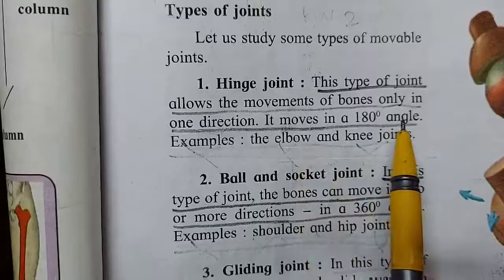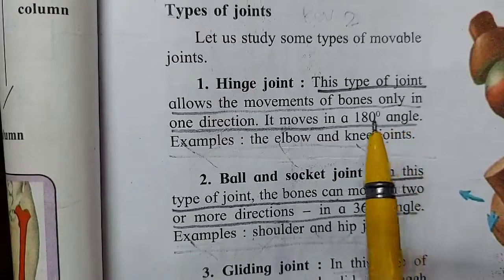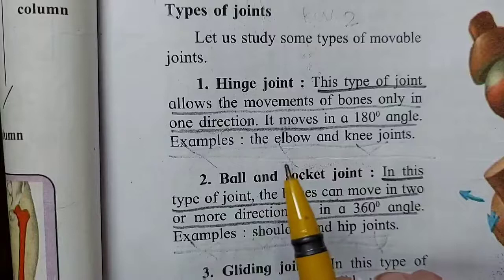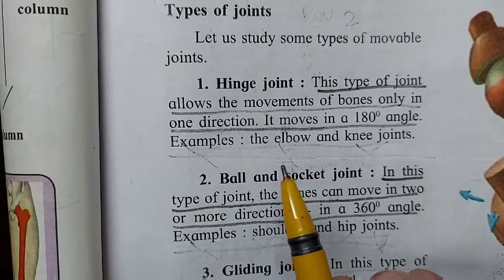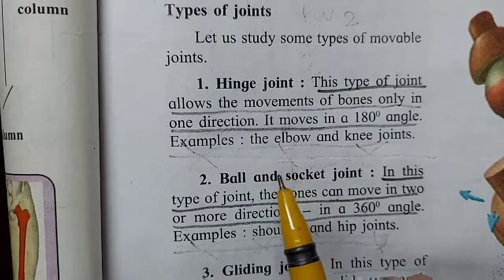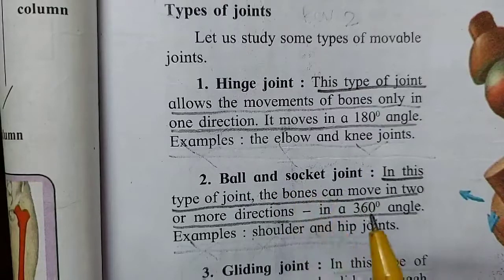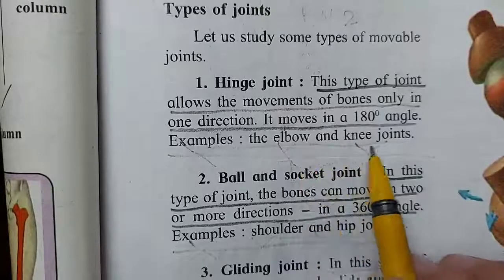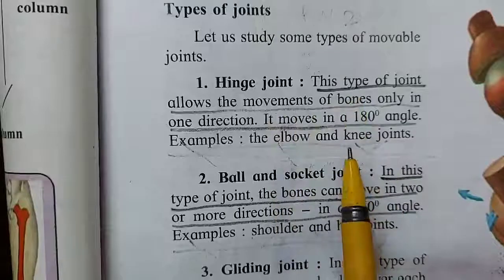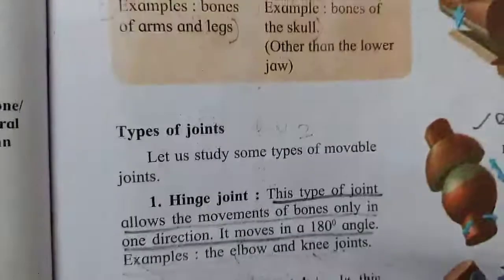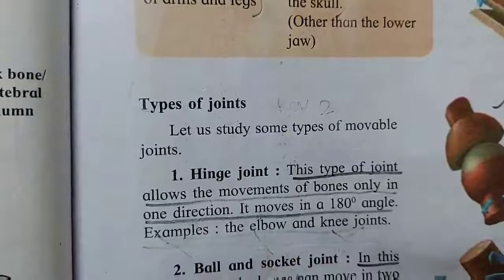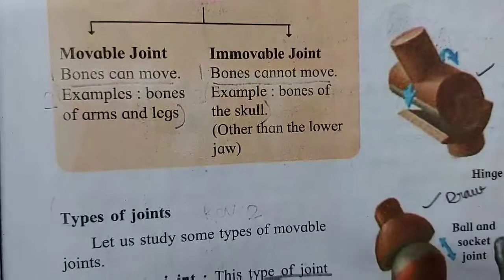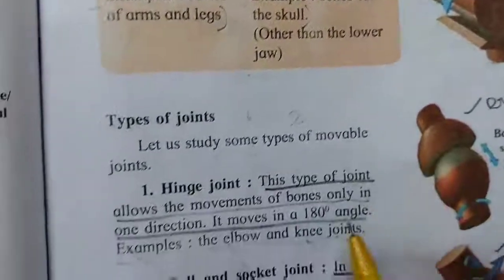So it is movable only till that extent. You can't move it further. Now just take your right hand, stretch it straight and bend it. How will you bend it? You will bend it towards your shoulder in the upper direction. Can you do it in the lower direction? No. So that is not possible for the knee also. So this type of joint is called a hinge joint. Okay, children? This is called a hinge joint, moving in one direction. This is the part of our body.